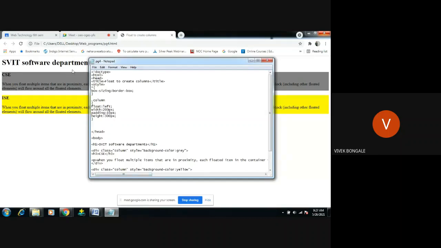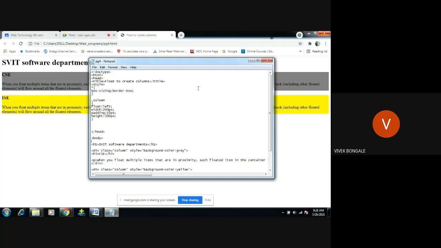Like in table format, if I ask you to differentiate between absolute and relative, how will we write it? We'll create one box, and create one more box under that. On one part we'll write relative, on the other part we'll write absolute, and in the center we'll put one line, and start giving the explanation for relative on this part and for absolute on that part. The same thing we are trying to create here, meaning we need one row where CSC and ISC are placed.